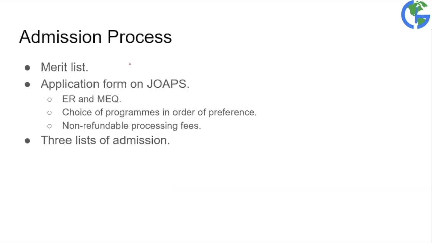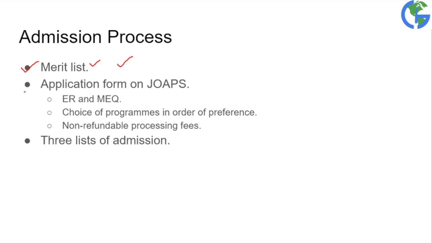Now let us look at the admission process through this JAM examination. Now see, you have given the examination. The first thing coming out is the merit list, right? You'll get your merit list, you'll get your rank. If you qualify the JAM examination, that is, if you get marks above the minimum cutoff, you'll get a merit or a rank, right? Students not clearing the cutoff will not get merit, that's obvious. So you'll get a merit list, right?